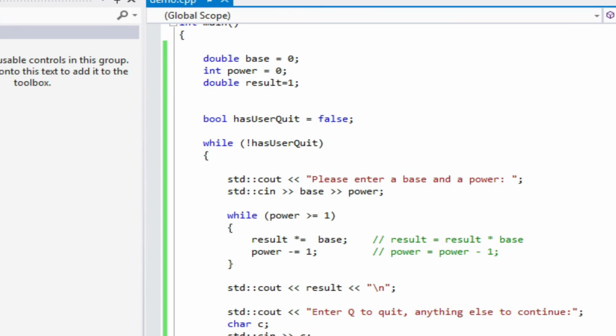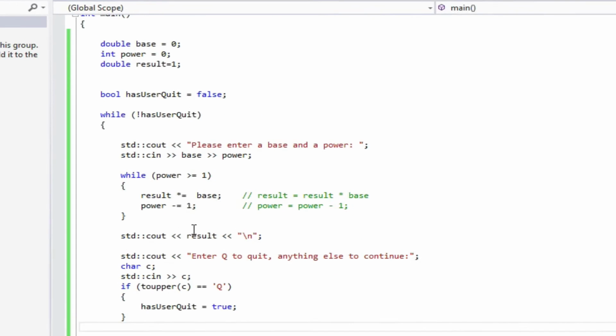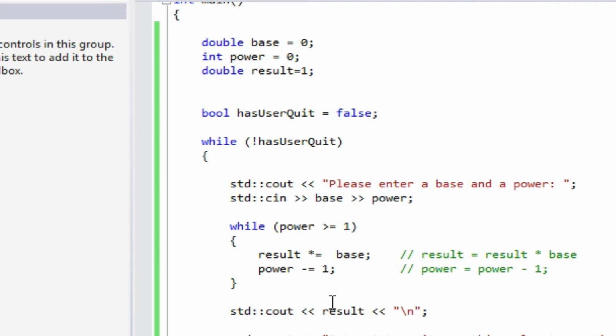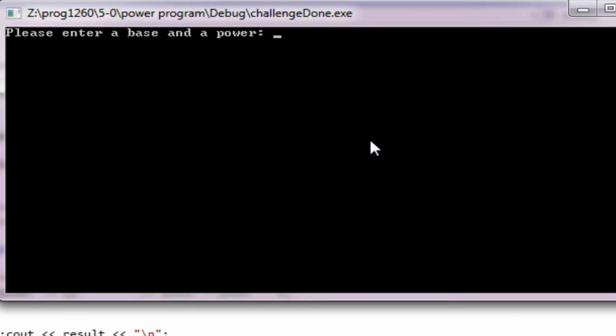And I had to hit a couple of extra enter keys because I had this kludge. I don't think I need that anymore because of the way I'm doing my menu. I'm stopping to ask the user for input now, so I don't need to ask for input just to keep the thing open. Okay, so here we go, 2 and 8,